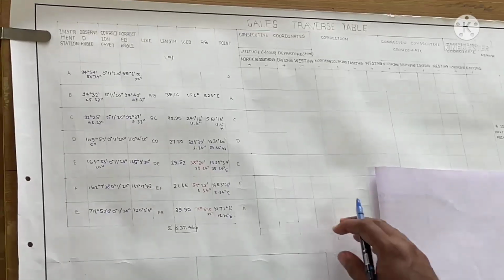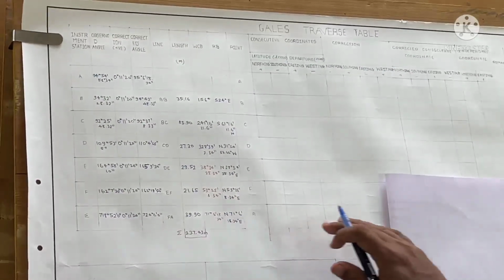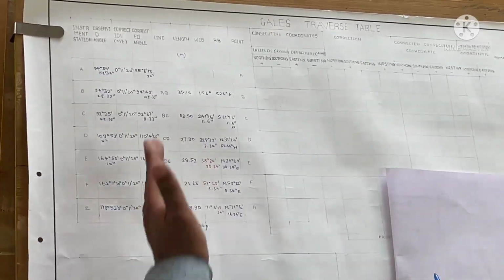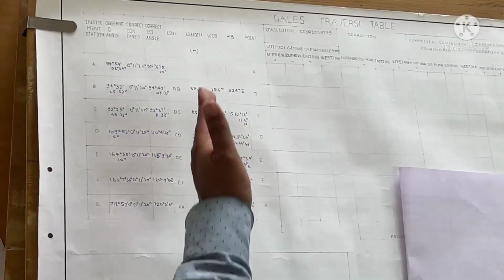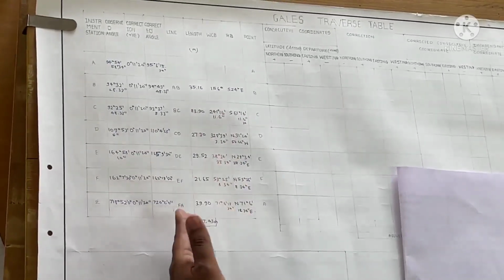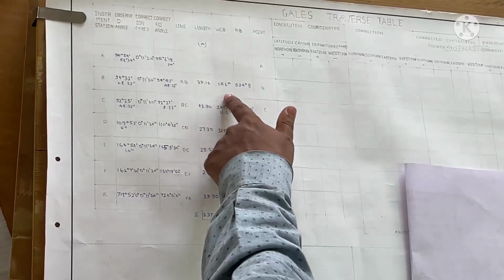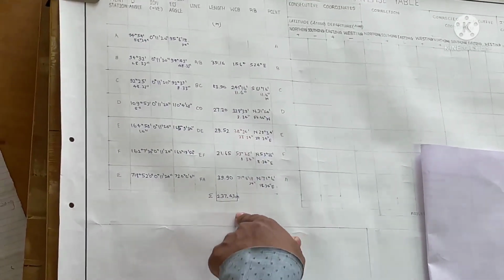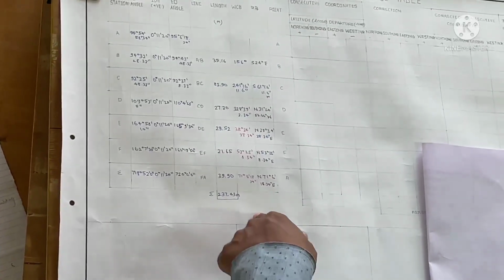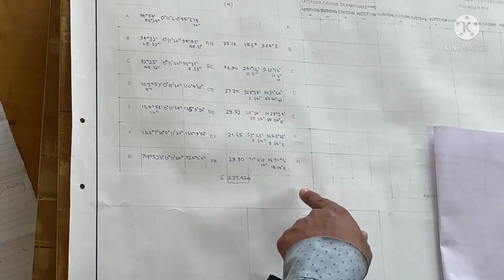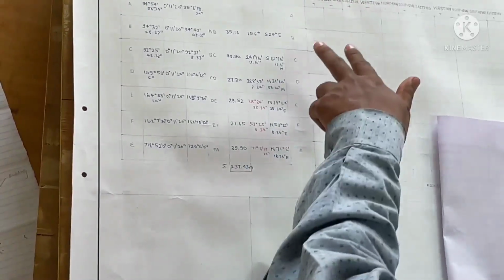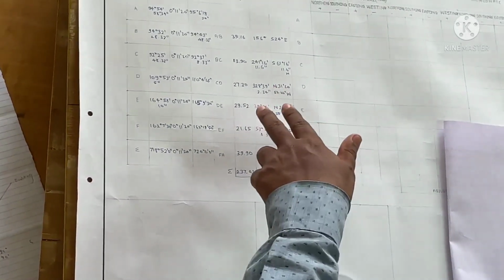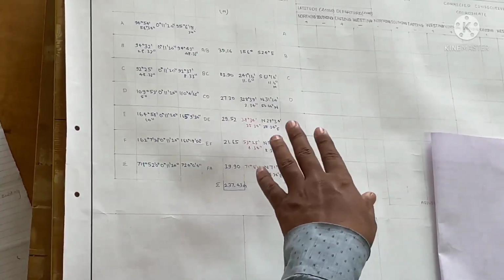So now, after substituting the values of the observed angle, doing the correction, calculating the corrected angle, writing down the lengths of the traverse, then with the help of the first WCB calculating the WCB of the others and converting to RB, the further task is to calculate the consecutive coordinates. Consecutive coordinates are calculated in terms of northing, southing, easting, westing, that is nothing but latitude and departure.